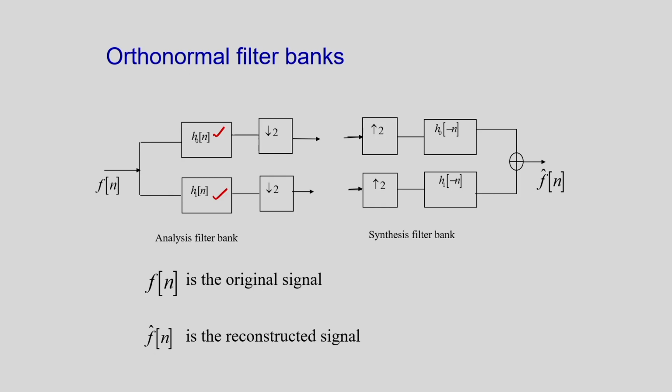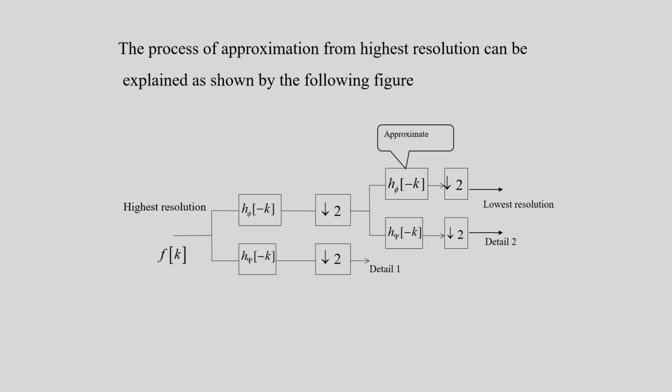So from H0n you can determine H1n. So the signal is decomposed by considering this low pass filter and the high pass filter. Similarly for the synthesis I am considering H0 minus n, that is the synthesis low pass filter, and H1 minus n, that is the high pass filter for the synthesis, which can be obtained from H0n. So the main filter is H0n. From H0n you can determine H1n, you can determine H0 minus n, and also you can determine H1 minus n. So this multiple level of decomposition we can do by using these filter banks.